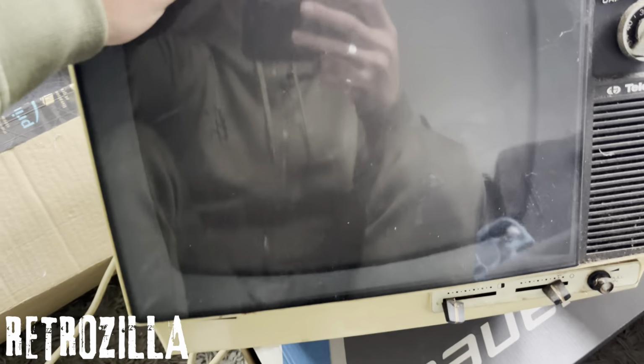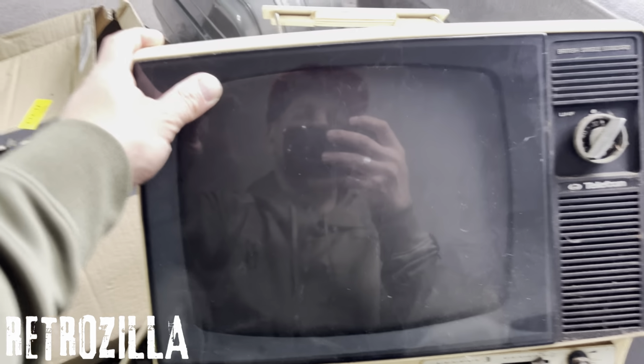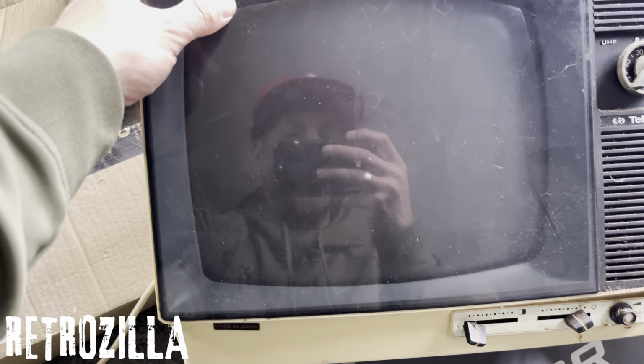Turn that on, that's absolutely fine. I'm probably going to keep that. So let's keep digging, because I found this TV. So guys, the story about this TV is that when I was about 7 or 8